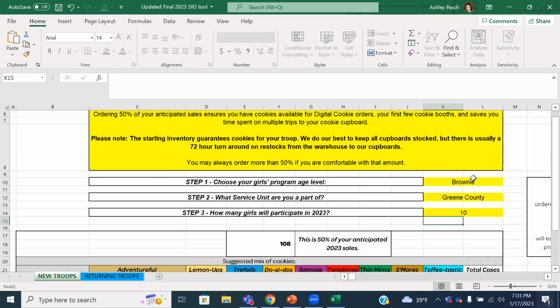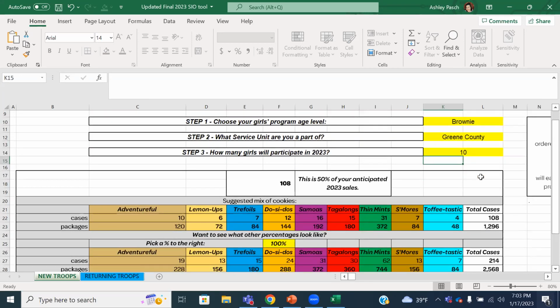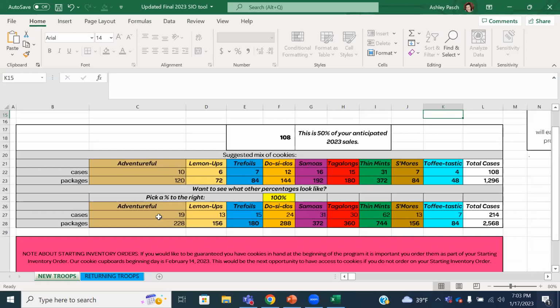The way this is figured is we took the per girl average. For this particular instance, what Brownies sell in our council on average in 2022? What did the Greene County service unit sell on average? What was their per girl average? And then it does a bunch of fancy behind the scenes math with VLOOKUP, multiplies it by those 10 girls, and it calculates it here. And then it is calculating on last year's